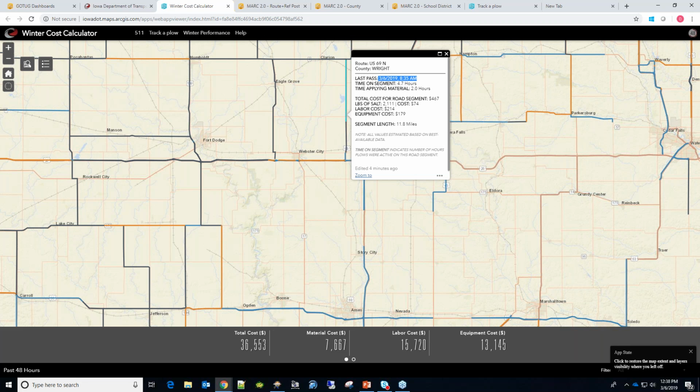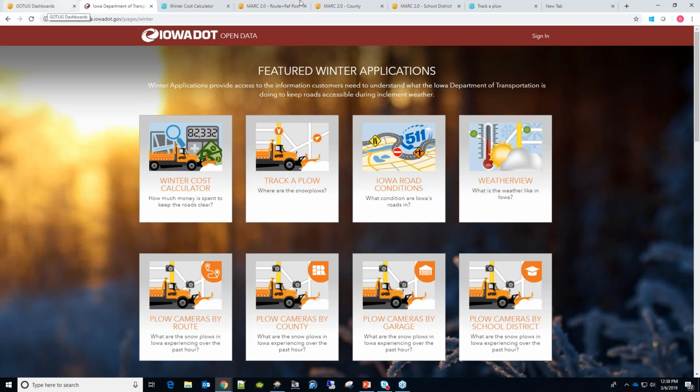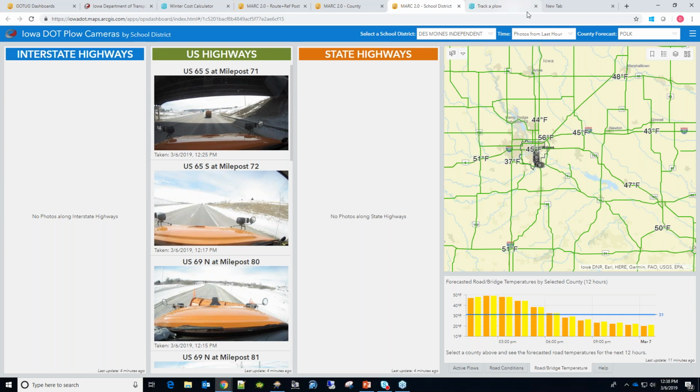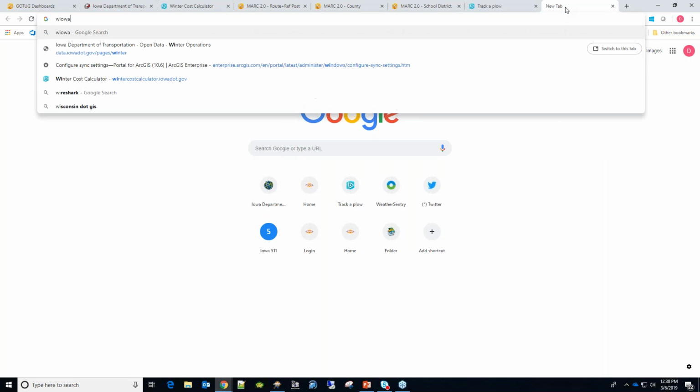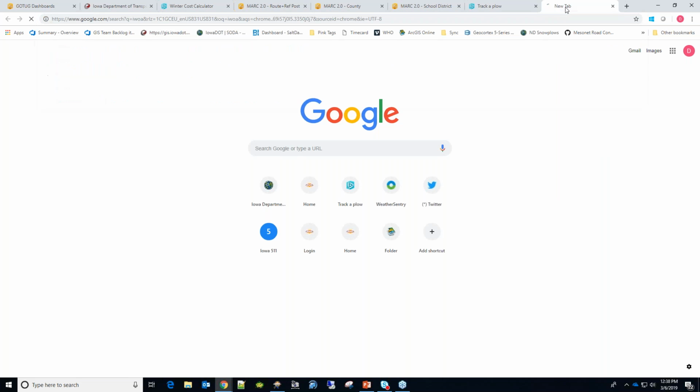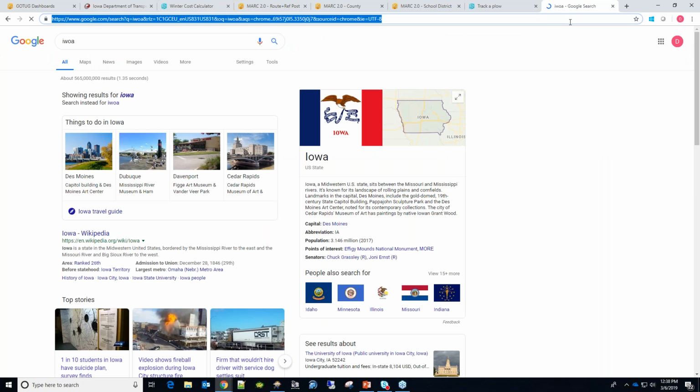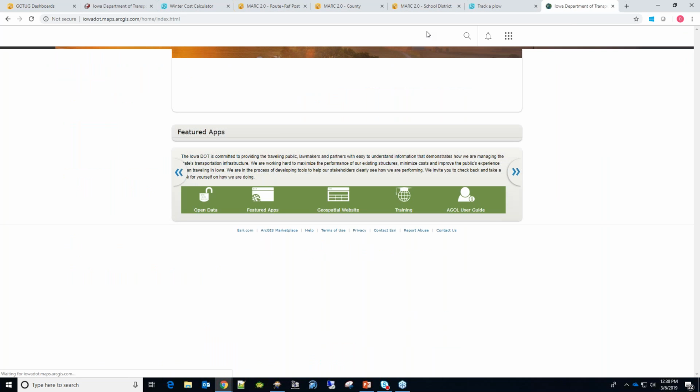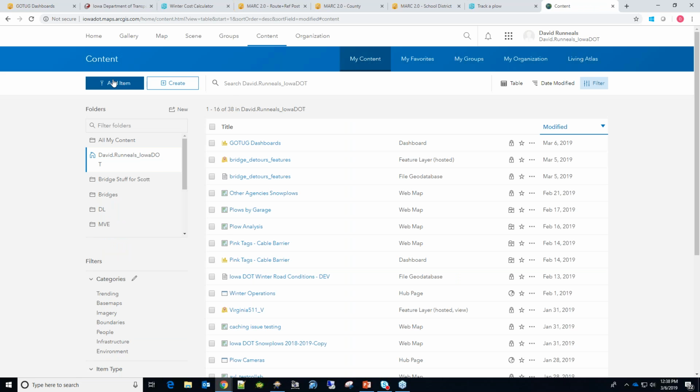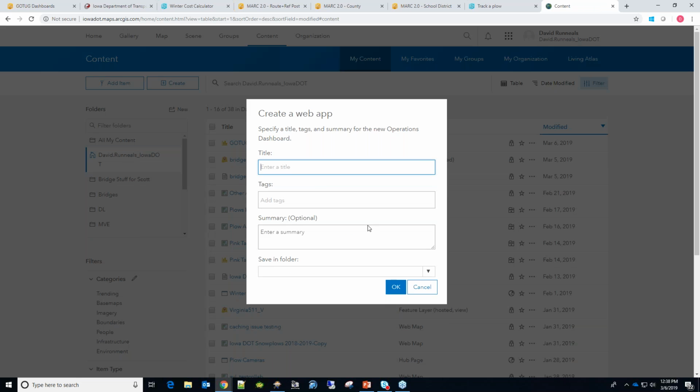And William Toman wants to know, how did you get the multiple tabs for dashboards? Basically you use embedded content. I come in here and create a new operations dashboard.